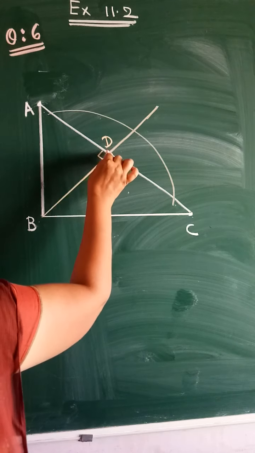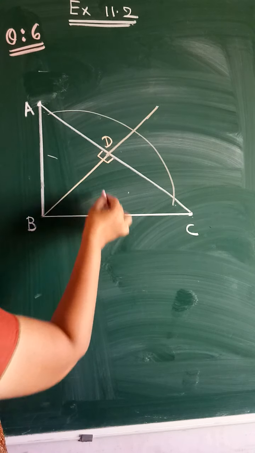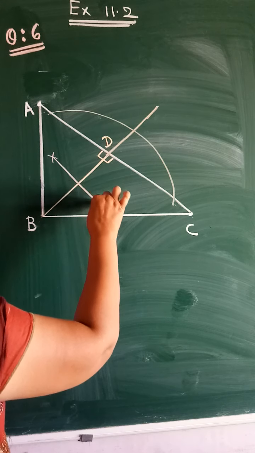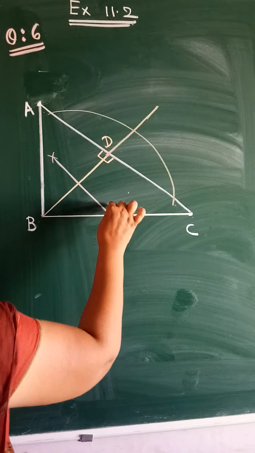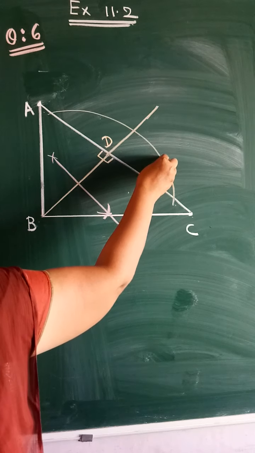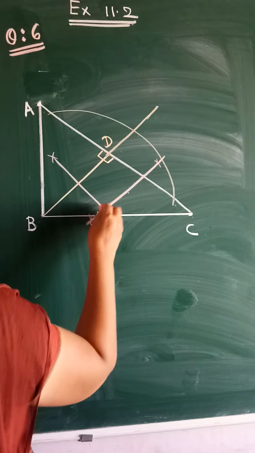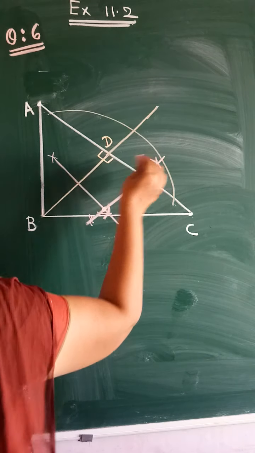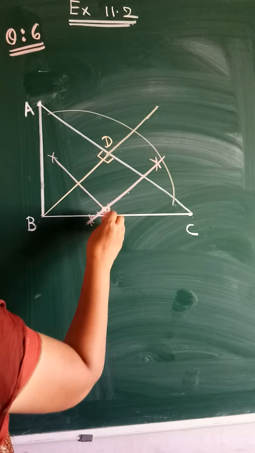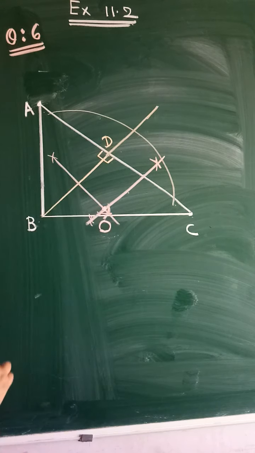Take more than half the distance of BD, give an arc upside and downside. In a similar way from D also give an arc upside and downside. So you will get the perpendicular bisector of BD. In a similar way take the perpendicular bisector of DC. So again taking more than half the distance of DC, give an arc upside and downside. So the point wherever these two perpendicular bisectors are intersecting will be the center of the required circle. Let us name it as O. So O is the center.